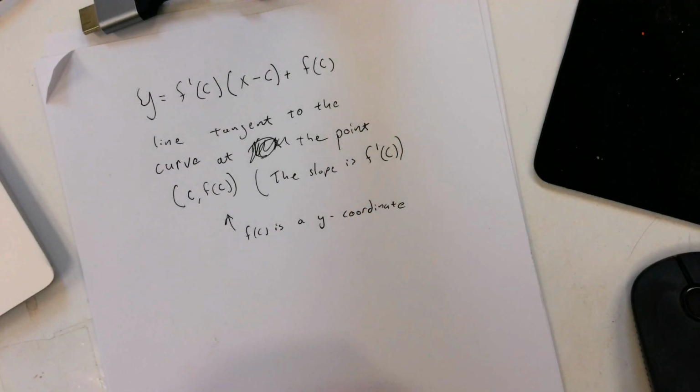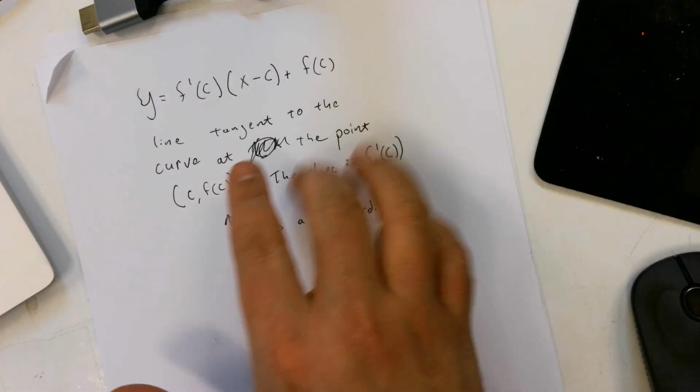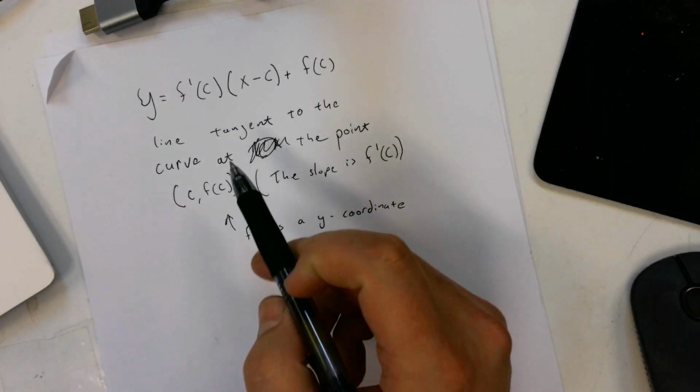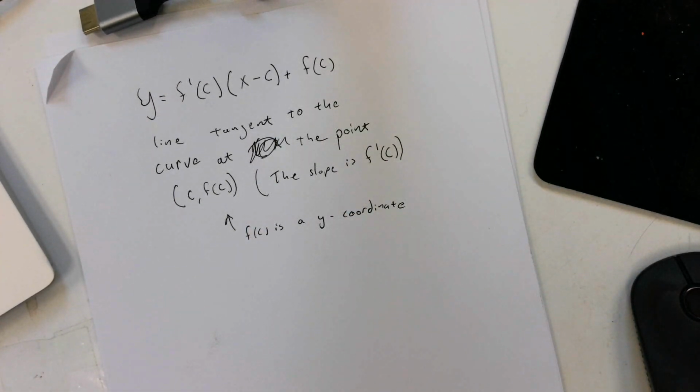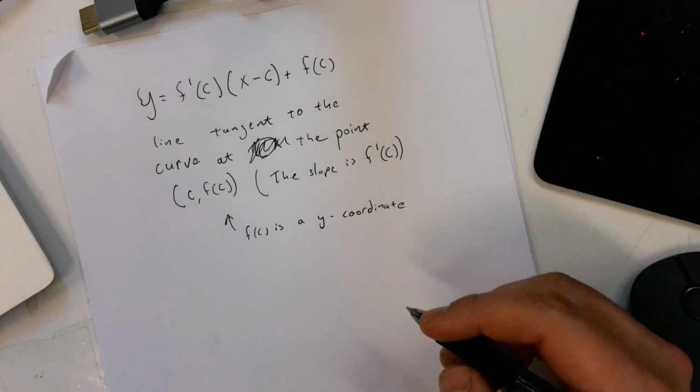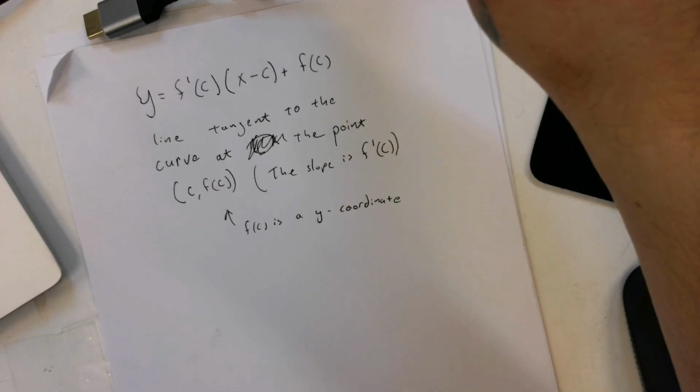This is just some information that you have somewhere, but y equals f prime of c, x minus c, plus f of c. This is the line tangent to the curve at the point c comma f of c. Don't forget that f of c is usually the y coordinate that goes along with whatever x coordinate that we're given. A very basic example of that,